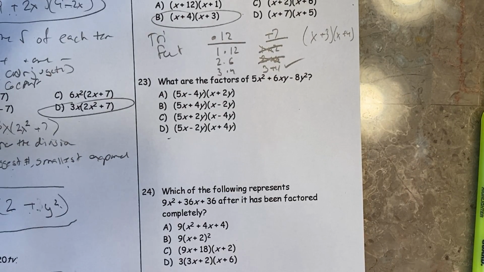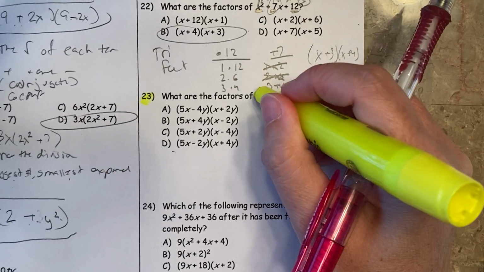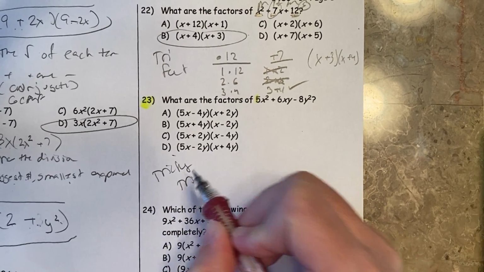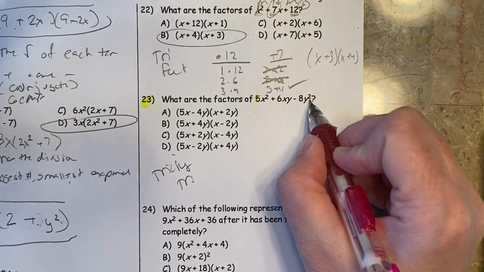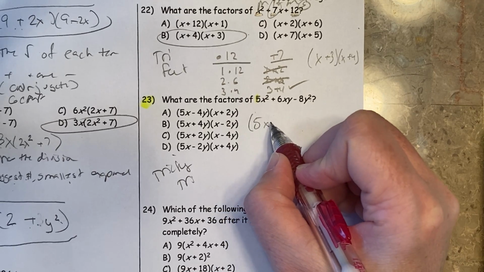All right, number 5. This is a tough one. Oh, this is a really tough one. I guess that's why it's almost at the end. All right, so because this has a 5, this has to be tricky try. Anything greater than a 1x squared is a tricky try. And be careful, you got a y squared down there too. Okay, so 5x,